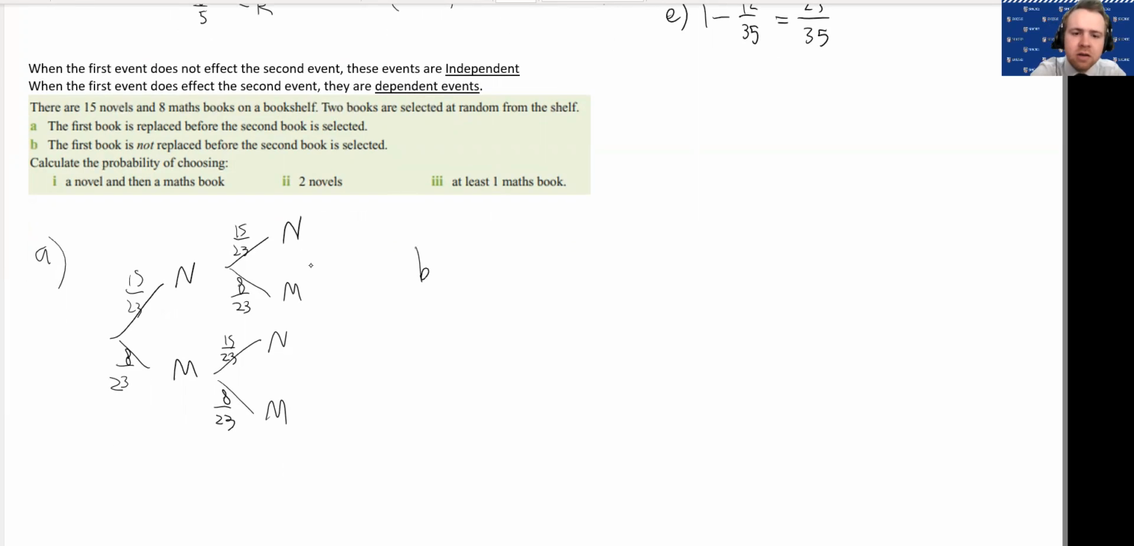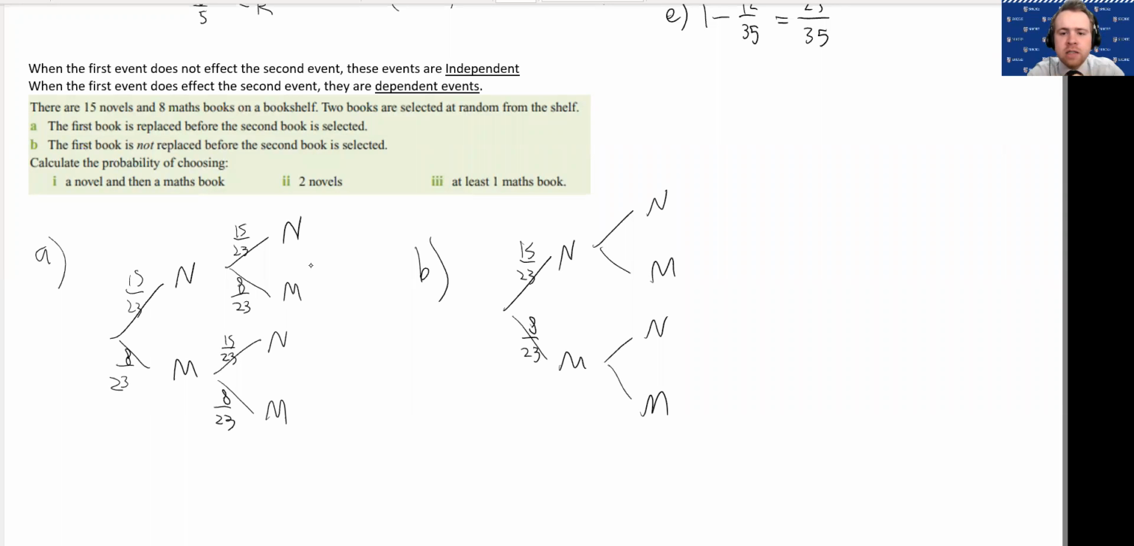For part B though, we're not replacing the book. So the outcomes are the same. We could get a novel or a maths book, a novel or a maths book. And then the probability of the first one is going to be the same, 8 out of 23. But once we've taken that book away, it's no longer available to be selected as the second book. So what's going to happen is the outcome of the second event will change depending on the outcome of the